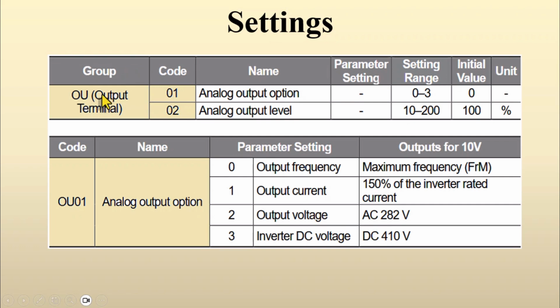If you set OU01 to 0, it will be based on frequency. What this does is it divides the range from 0 to the maximum frequency you have set in the M100 inverter across the 0 to 10 volt range. So at 0 Hz, the analog output voltage will be 0 volts, and at the maximum frequency, for example, if you set it to 50 Hz, at 50 Hz you will have 10 volts at the analog voltage output of